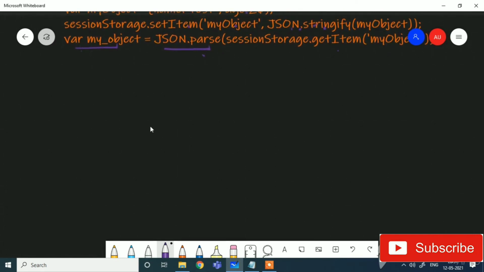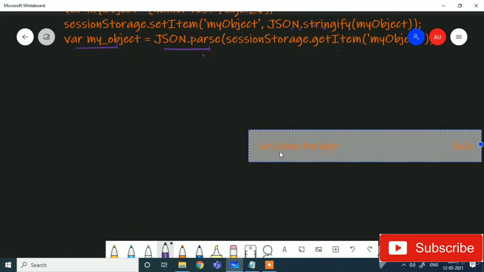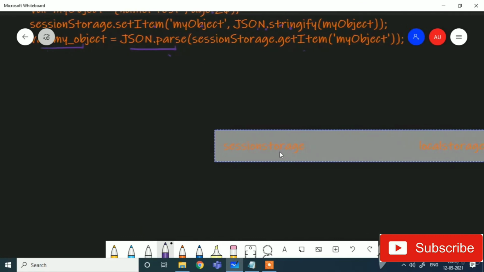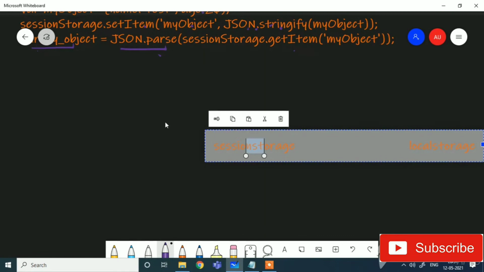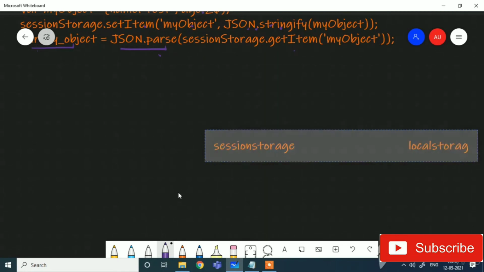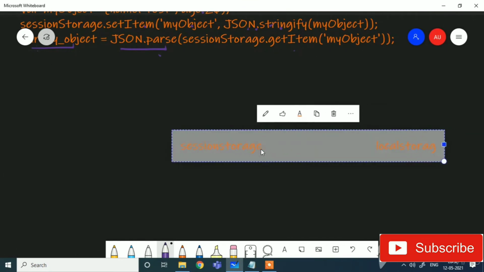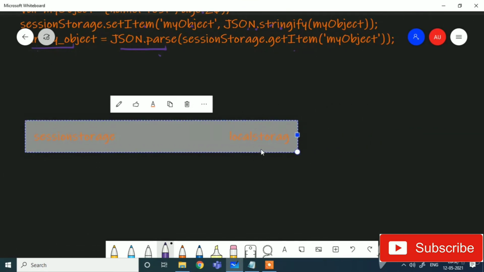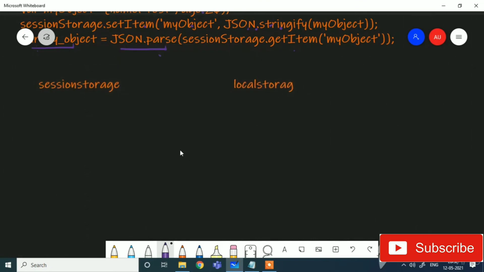Now there are minor differences between session and local storage. What are these? Let us discuss. Here is session storage and here is local storage.